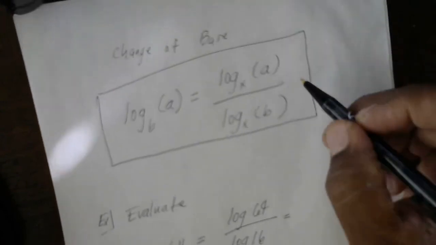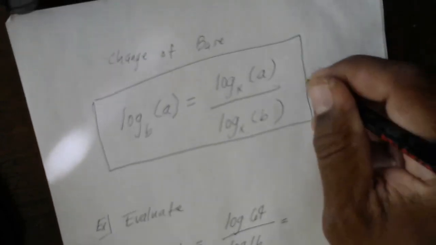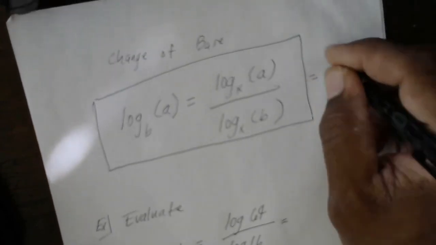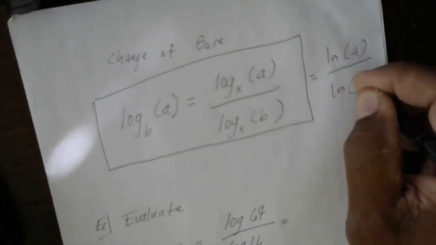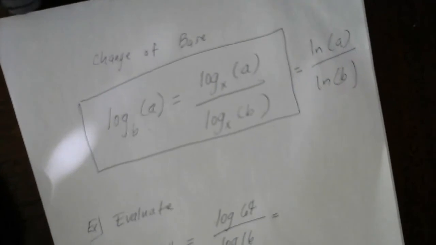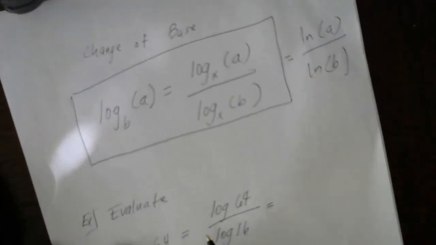And you may also see the same formula written like this. You may see ln A divided by ln B. And this will also work, which means I could rewrite